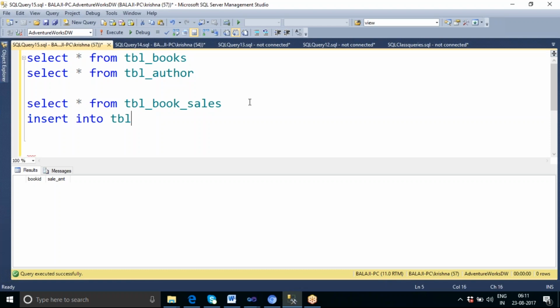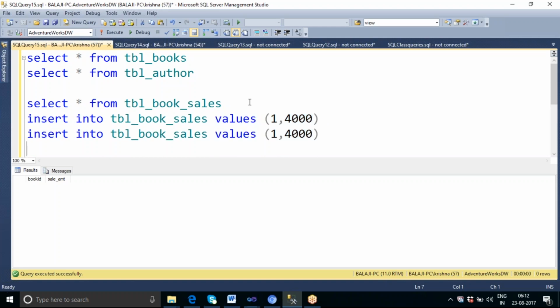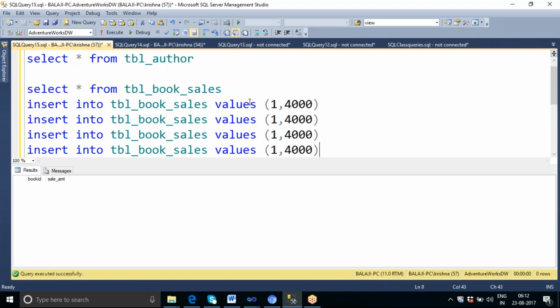Okay. So insert into table book sales. Now let us say that book ID 1 has sold for something like 4,000.